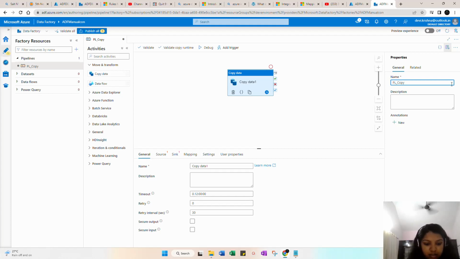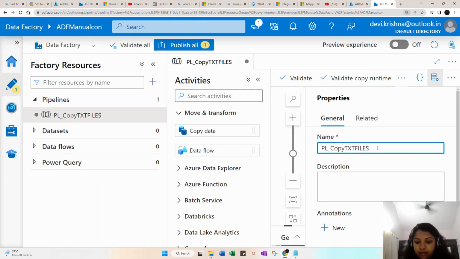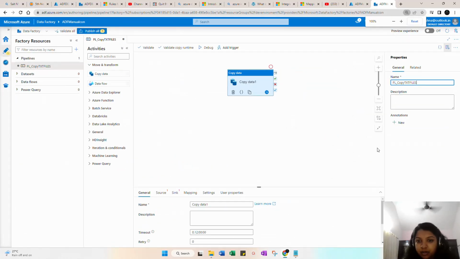Copy text file, right? Text files. PL is the standard name because it represents the pipeline. You can see here, this is the name I have given, PL copy. So we created it. Then before that,